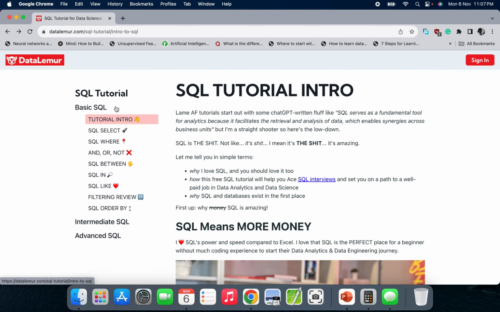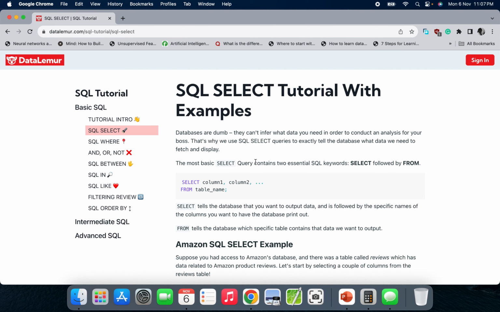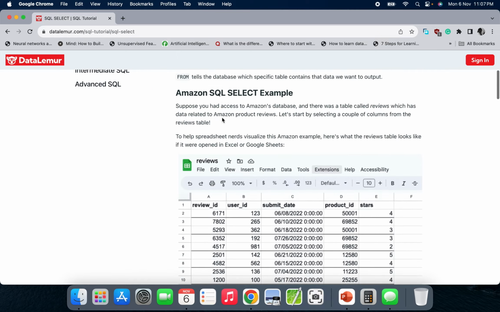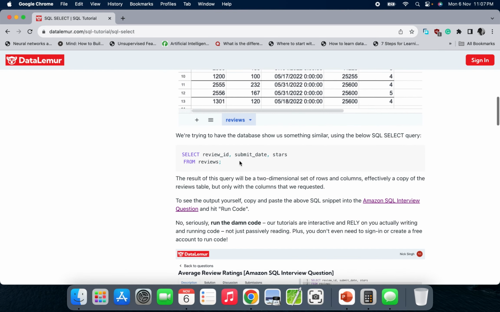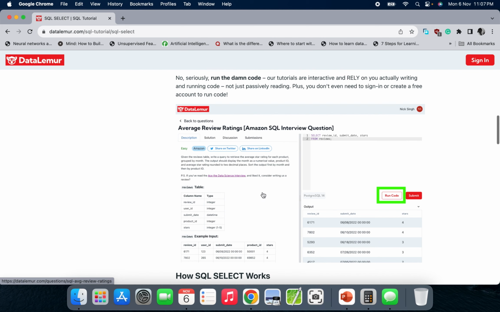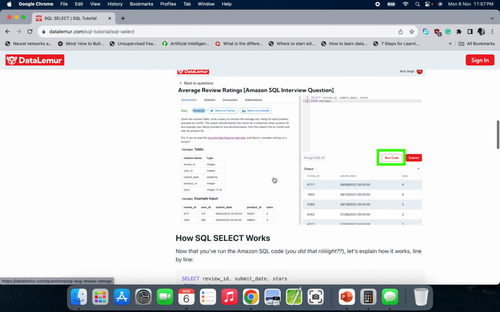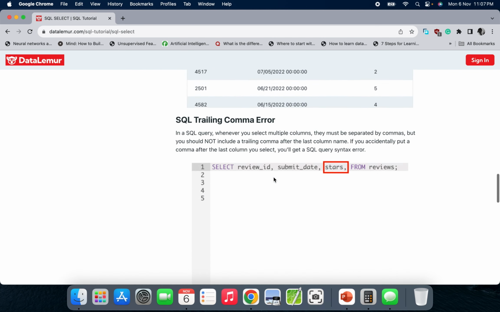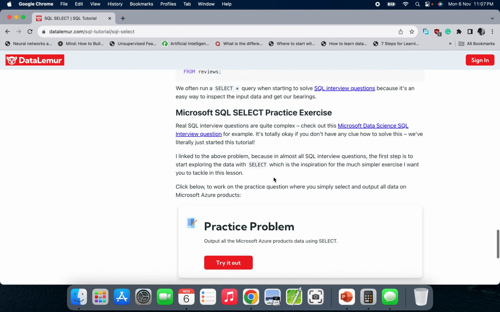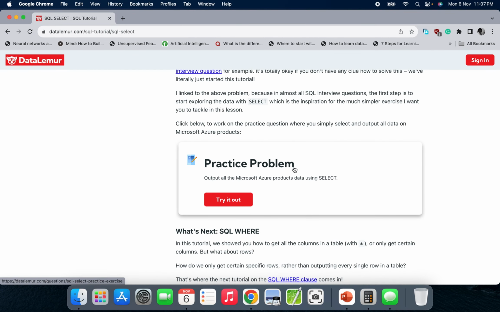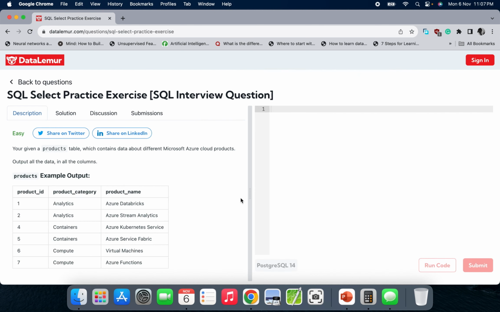Here you don't need to go back again. On the same page, you see the next lesson under the main topic. So we have the select statement here. When you come to the select statement, you see the topics under it. You read, here you read, here you read. It shows you samples of the code. Let's go down. We have the practice problem, and when you click on it,